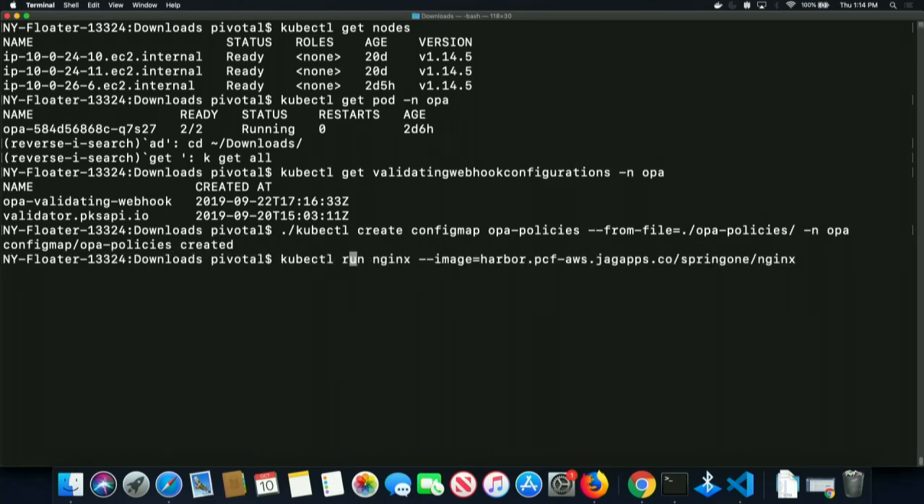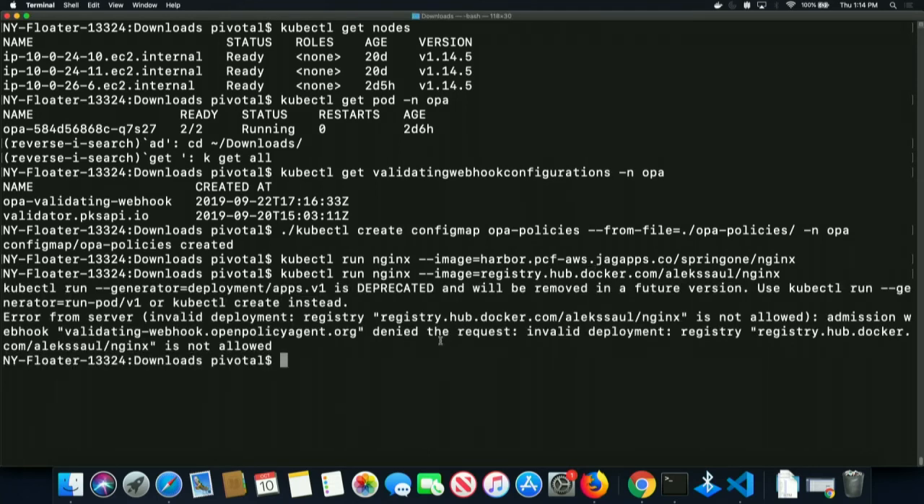Let's try this. So what I'm going to do is try to do a kubectl run from the Docker Hub registry. And you can see that immediately I get a denied error saying the registry is not allowed for my environment. If I were to use the approved registry,